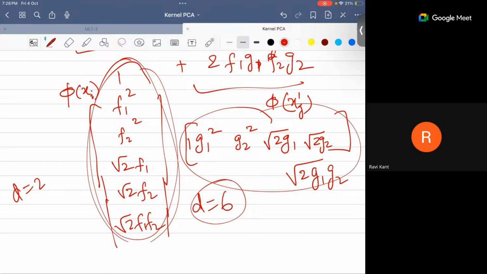But if the data points were lying on some circle, it was very difficult for the PCA to work. How can it work? PCA directly assumes that the data set would lie on some simple pattern, some simple linear subspace, right? If the data set is not lying on one, it can't work well. It will work, but you'll be losing a lot of information if you're just reducing the features,